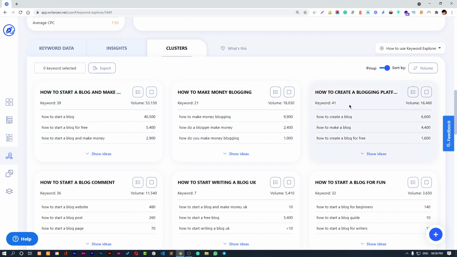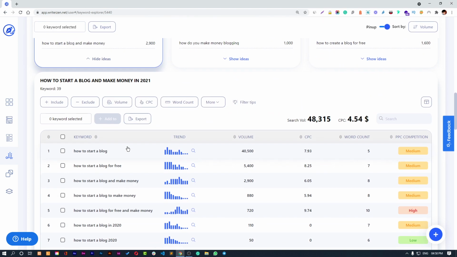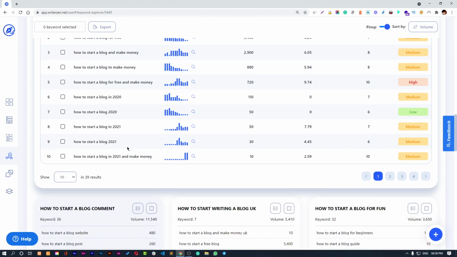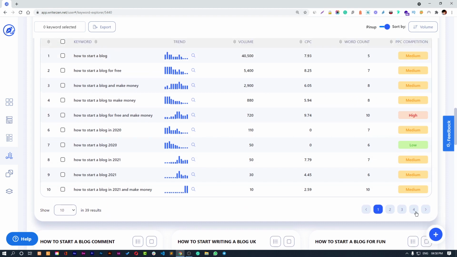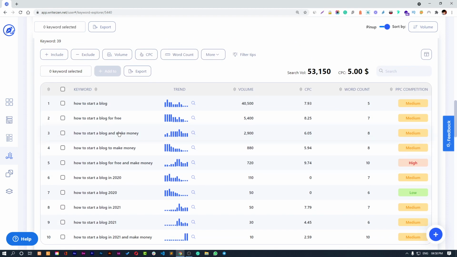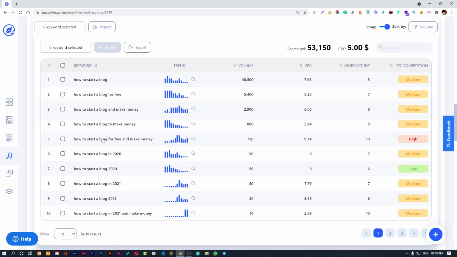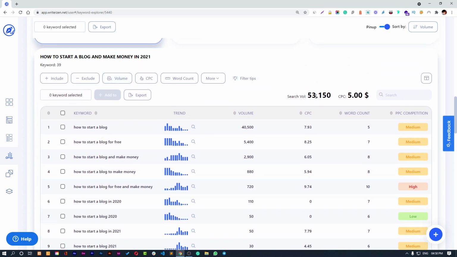and based on the volume they are showing me on top, like there's 53,000 volume in this cluster and there are 39 keywords in this cluster. Let's click on this show ideas and you can see all those keywords in this cluster, right? These are 39 keywords based on this cluster, and the volume is this one and CPC is this one.